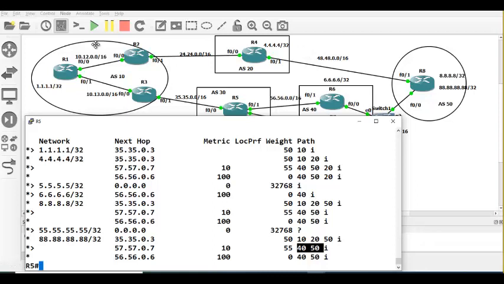Anyway, you understood how weight works globally for all networks. Now we are going to do it for precise networks. For that we need to use a route map, which we will see